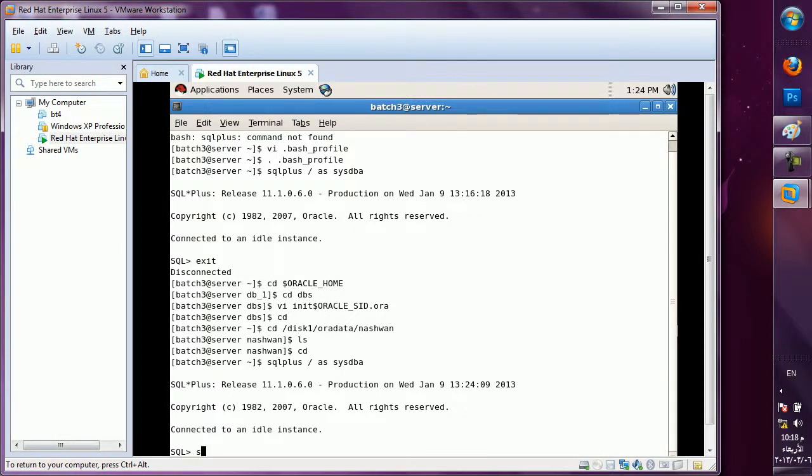Okay. Yes. Now I will startup nomount. After creating my parameter file, my instance is created first. And after getting the instance, I can create the database. The first part you should create is the instance.